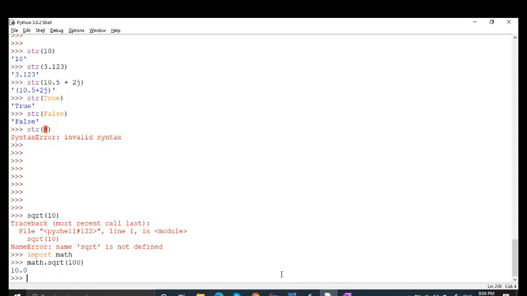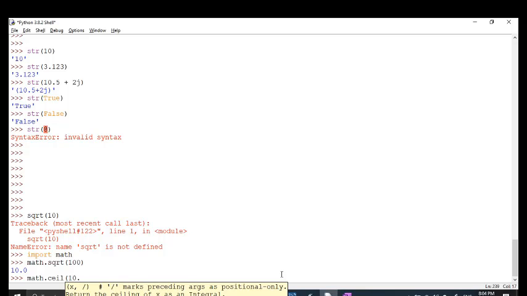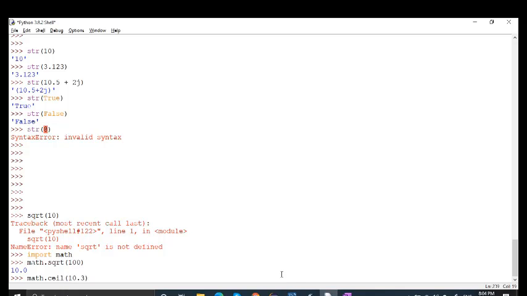There are a huge number of functions present in the math module. This is one of the functions, square root. There is also a function called ceil. Math dot ceil of 10.3 will make it 11.